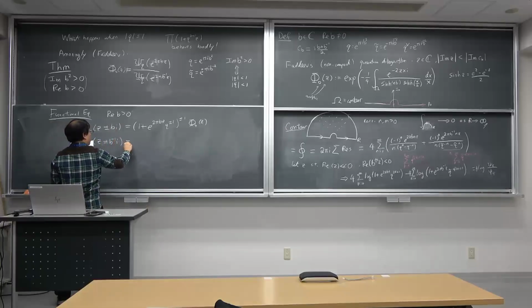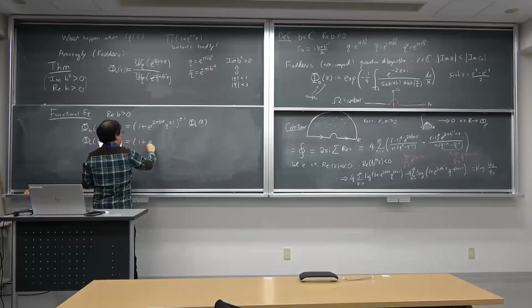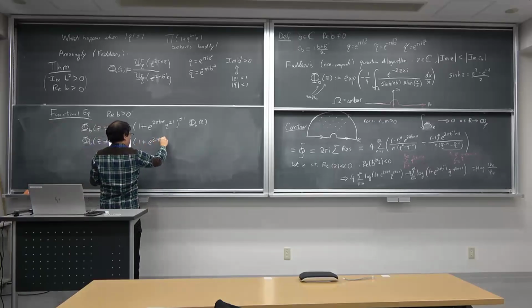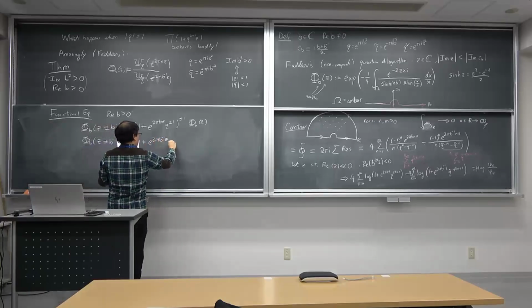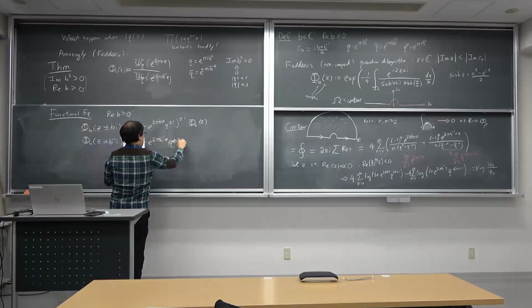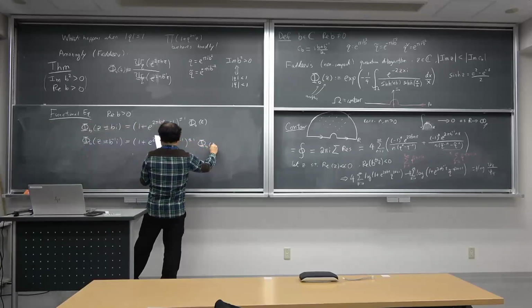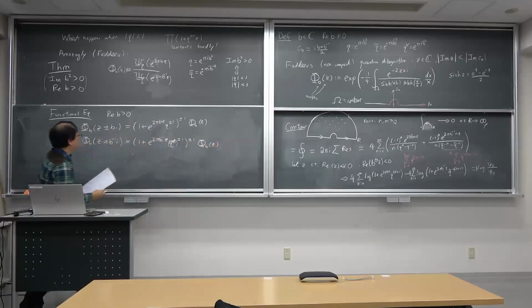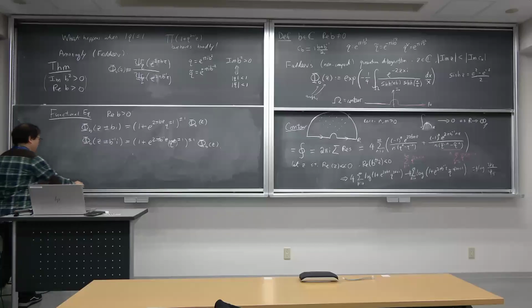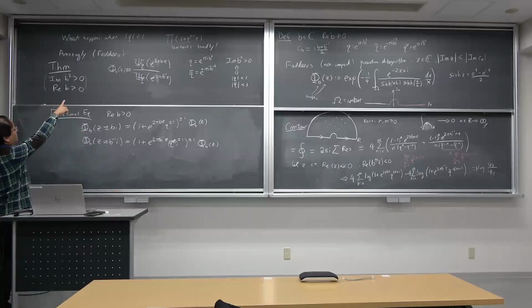So there are two lines. One corresponds to B, one corresponds to B inverse. I think I use the check version. So we have this functional equation, and we know the psi, recall the psi